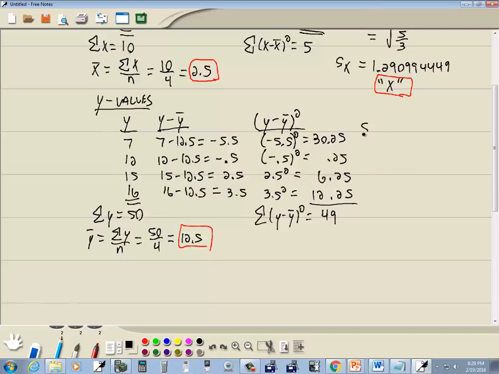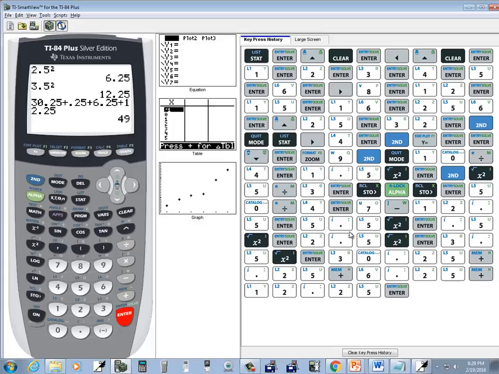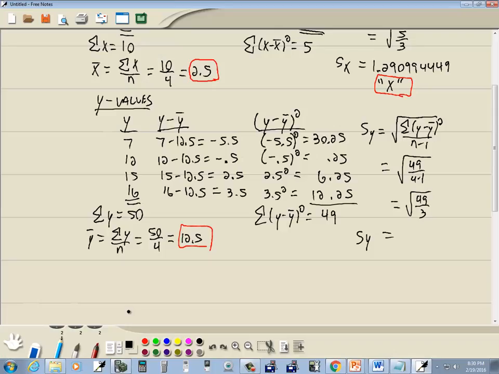So now we need to find s sub y, which is going to equal the square root of the sum of the y minus y bar squared divided by n minus 1. So we'll have the square root of 49, and we got four numbers here, so 4 minus 1, so the square root of 49 over 3. So our s sub y is going to equal the square root of 49 divided by 3, 4.04145